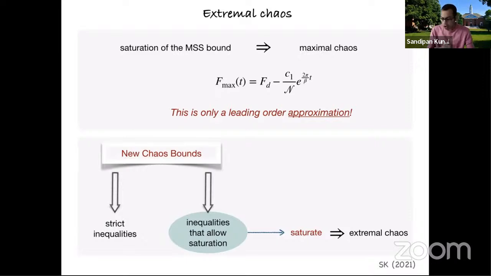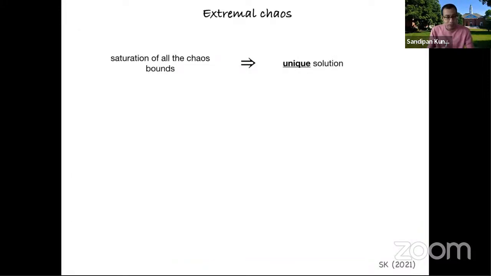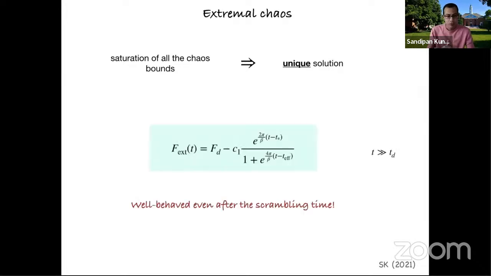To begin with, it is not obvious whether this is even well defined. For example, this problem might not even have a consistent solution. Surprisingly, this problem does have a solution, and that solution is unique. So without going into all the details, let me just show you the final result. If you saturate all the bounds that can be saturated without violating any of the other bounds, you end up with this OTOC. So this is completely fixed up to one free parameter T effective, which is a constant time